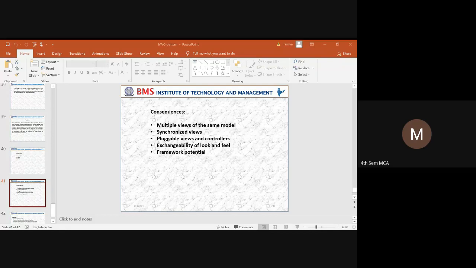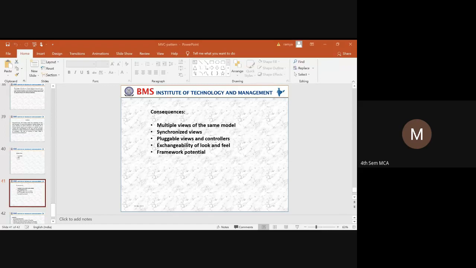That is one of the advantages, and all these implementations or changes can be adopted during the runtime with the help of multiple views. At the same time, the views can be opened and closed dynamically. So that is one of the advantages of using the MVC pattern. That means the MVC pattern accepts the dynamic changes.